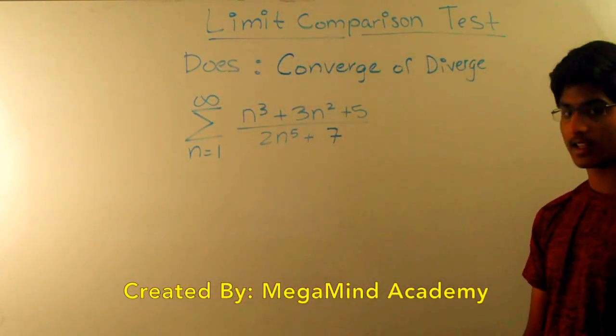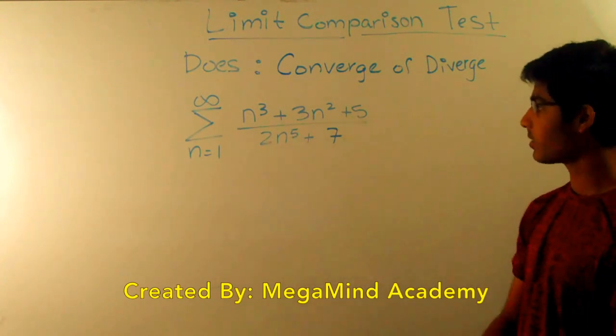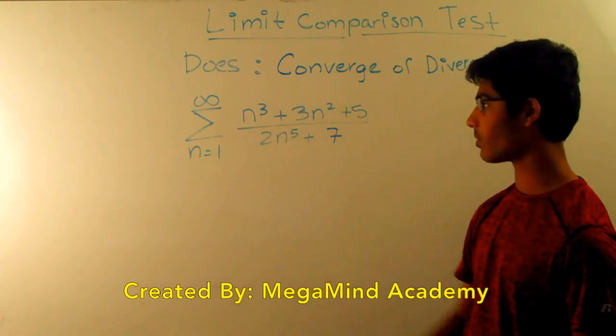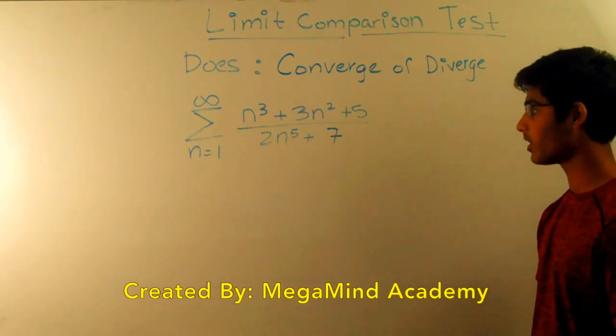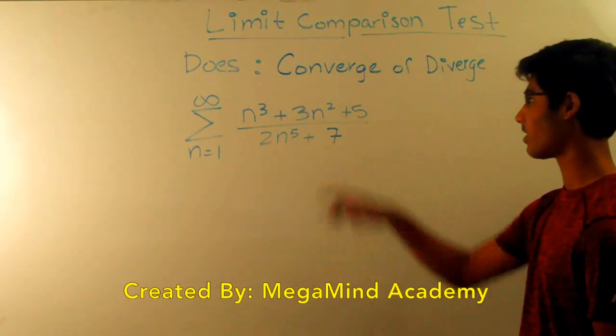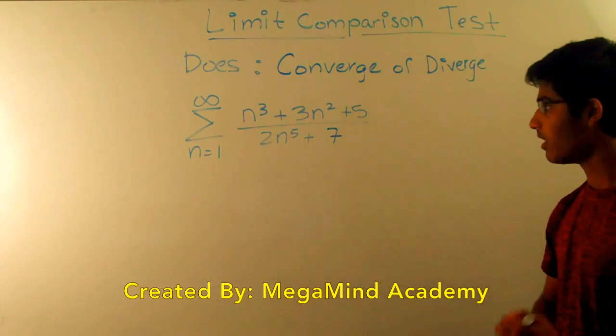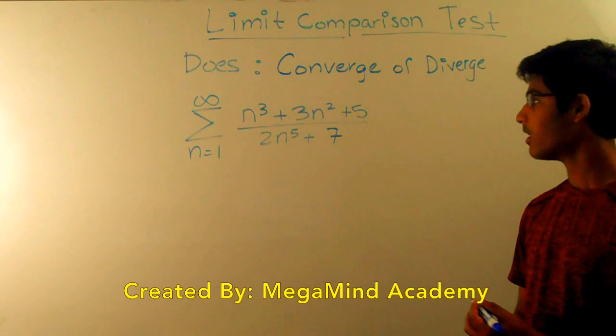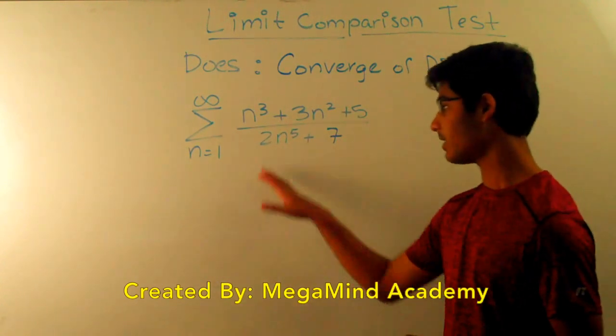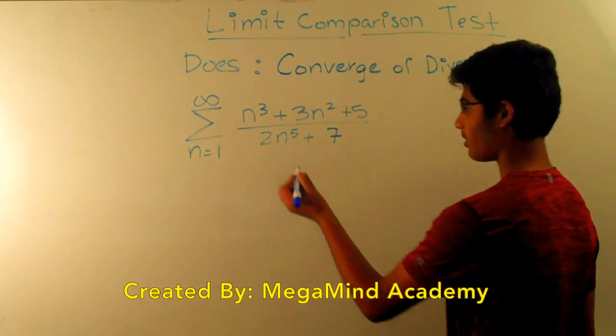Let's say we have a problem like this. Does the series from n equals 1 to infinity of n cubed plus 3n squared plus 5 all over 2 times n to the 5th power plus 7 converge or diverge? Here you can see that we have sort of like a rational function. As n goes to infinity, this rational function,